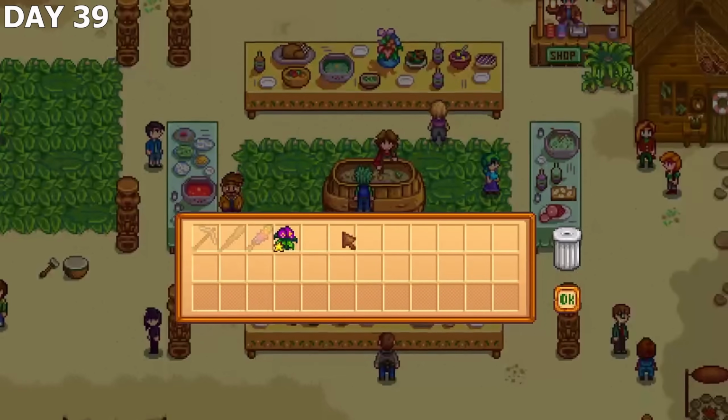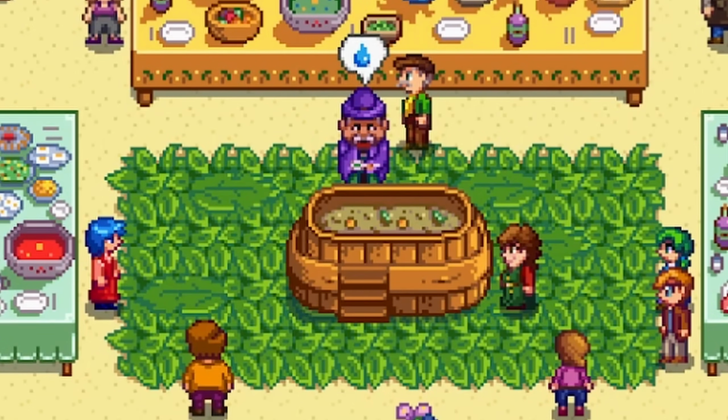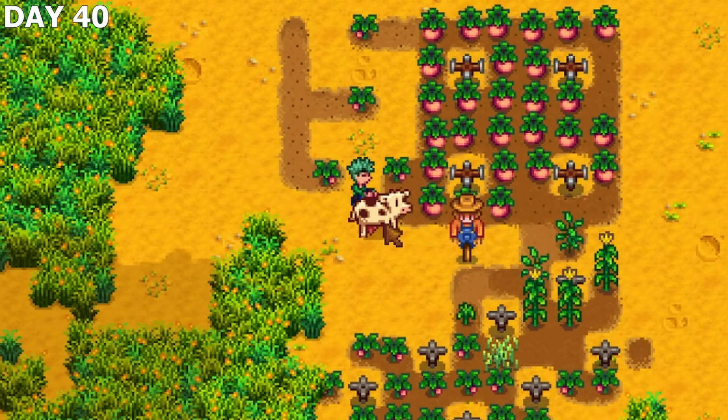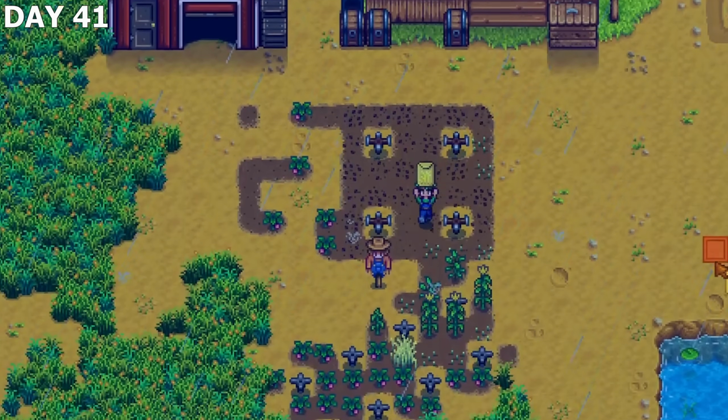This year, I poisoned the town soup with a sweet pea, but a gold quality one at that, yet it still seemed to invoke a bad response from the governor. On day 40, I found 30 spring seeds from level 7 farming and again attempted to milk my cow, but had no luck. Day 41, I harvested and replanted my melons with some wheat seeds, then headed over to the